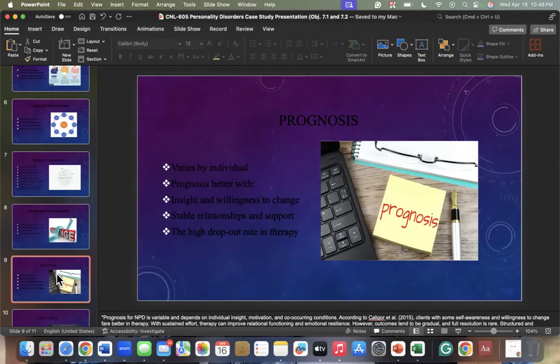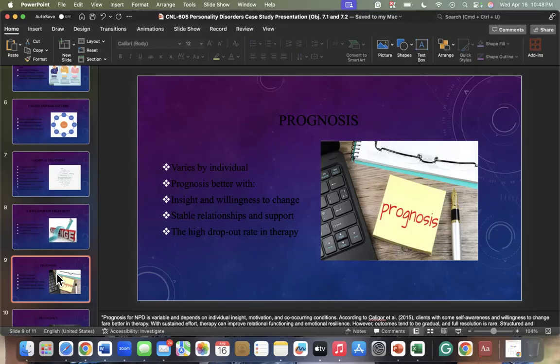The high dropout rate in therapy is because of not being able to gain trust or not really feeling like they belong. So with that being said, it's about keeping them motivated, taking care of the co-occurring conditions, and also helping them find that self-awareness and willingness to change in therapy by getting to know them